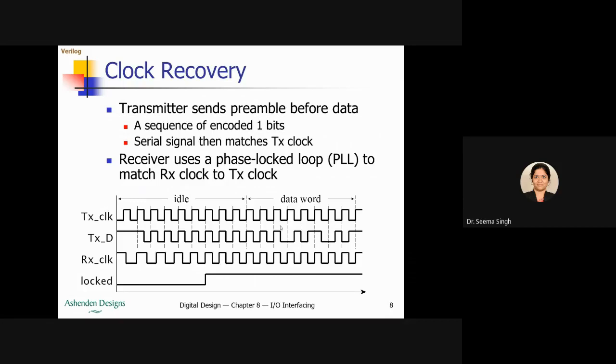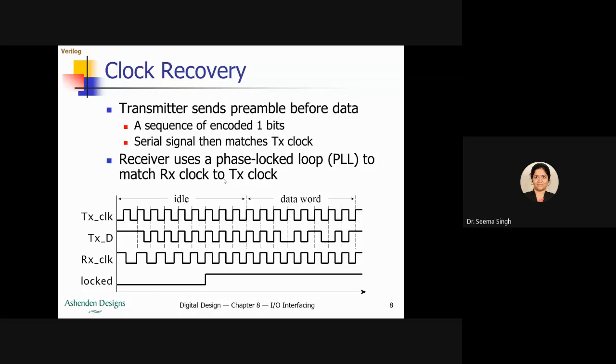Also you would have heard about the phase locked loop. Whenever the data is being transmitted, and the receiver receives this acknowledgement that data is about to come from the transmitter, the receiver uses a phase locked loop, where it will lock both the transmitter and receiver clocks together with each other to match. And in that phase locked loop timing, the transmitter and receiver data will be locked with each other.